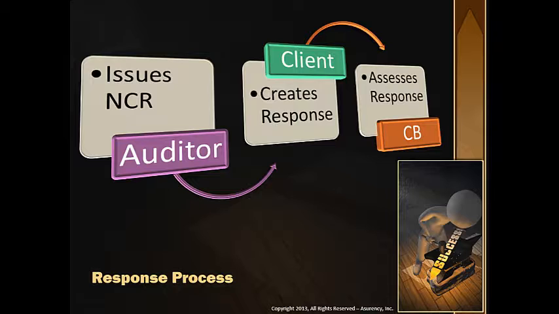They will be looking at the correction to make sure it addresses the issues identified by the auditor, the cause analysis to ensure it digs down to the root cause and is directly correlated to the problem identified, and the corrective action to ensure it is intended to prevent the recurrence and that it is related to the problem and causes identified. You will be notified that the response has been accepted or rejected. If rejected, you will need to resubmit your response, taking into account the concerns your auditor or certification body has identified.